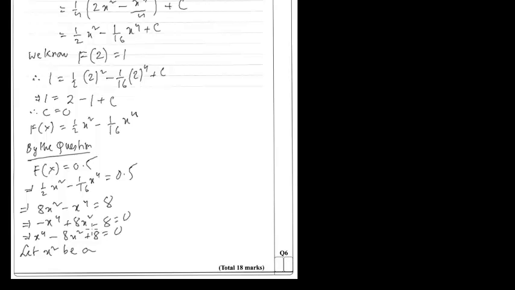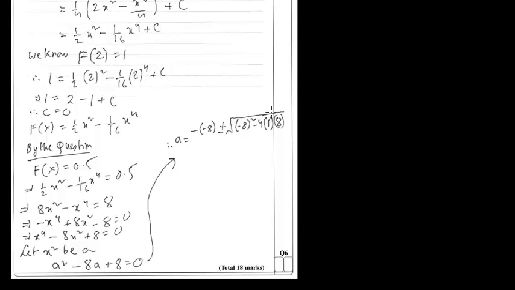x squared be a. If you consider x squared to be a, then x to the power 4 is x squared whole squared. That means a squared minus 8a plus 8 equals 0. So now we can solve this using the quadratic equation. So we can write, therefore, a equals minus b plus or minus root of b squared minus 4ac,